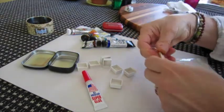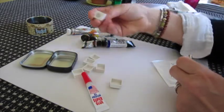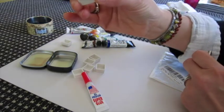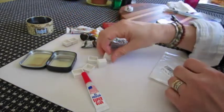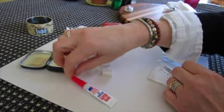And so I have one. This one's already done. This one's already done. Oh, I see. So this is the one that I bought. It's nice because it's thinner, but if the glue is no good, if it's not waterproof, then it's not gonna work. So I take the little palettes,